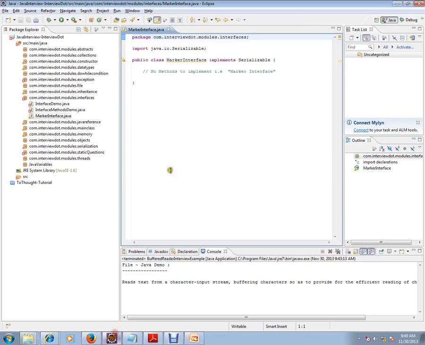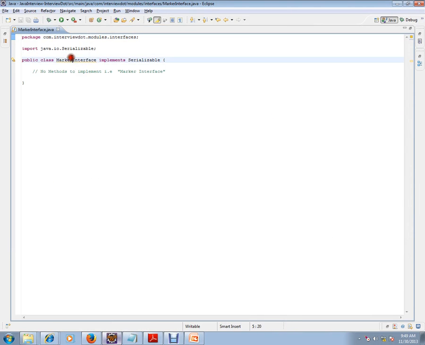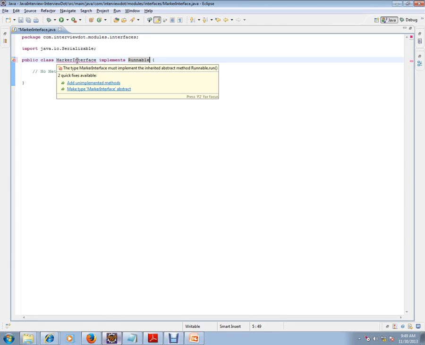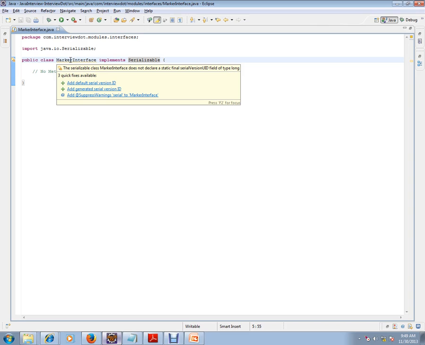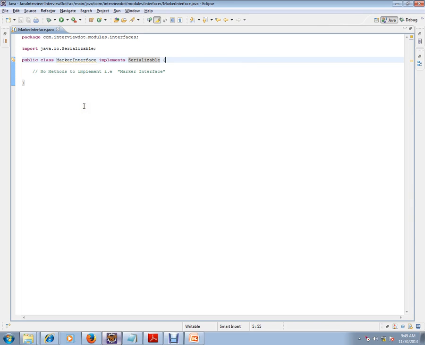Let's see an example so that you can understand. So I have a class which is implementing a Serializable interface. You might be thinking, why are there no unimplemented methods? Because if I do this, okay, it immediately says, the compiler complains, it says add unimplemented methods, correct? Whereas when I do Serializable, the compiler does not cry, it's not asking me to add any methods, because it's a marker interface. So no methods to implement. It's just a marker interface.